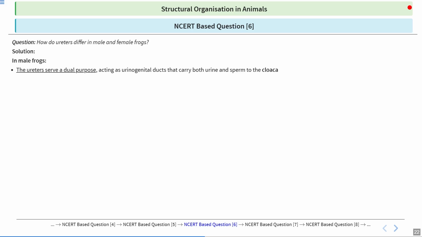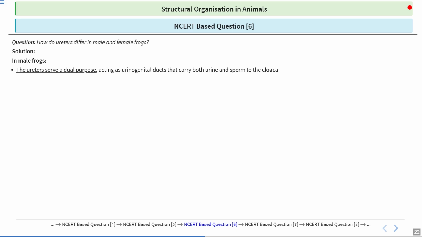Yes, because here the ureter is a common passage for the urine, the nitrogenous waste substance, right? And it is also the same passage for the removal of the sperm, right? So that is why it is called a